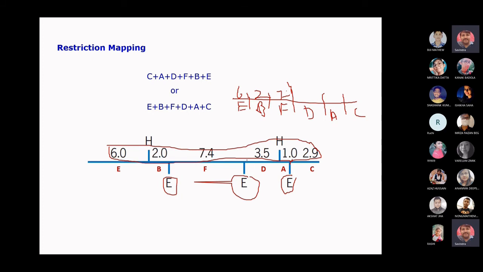Okay. एक चीज जरूर ध्यान देने वाली है यहाँ पे. Whenever you are drawing, please note it down. Whenever you are drawing, it should be properly proportionate. मैंने जानबूझ के गलत बनाया है. Like here you can see that this 2 kb fragment is bigger than this 6 kb fragment, it's almost 7 kb fragment. So this should not be done. Once you have done the entire calculation, all the fragments, if 2 is only this much of distance, 6 should be at least 3 times of this distance. Are you getting my point?